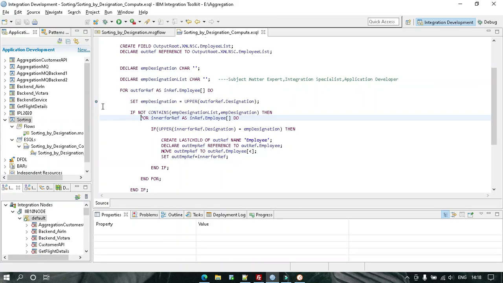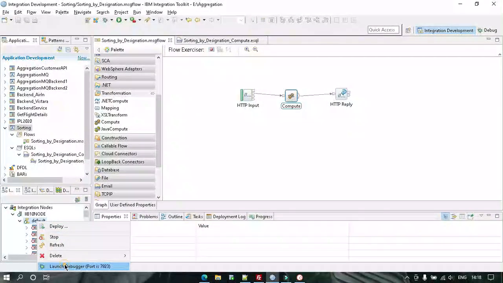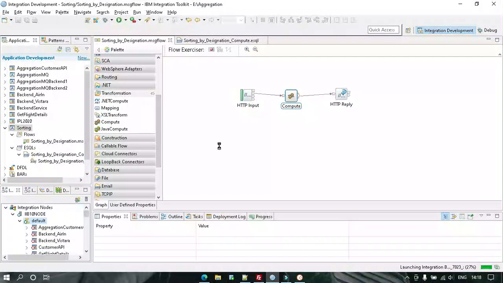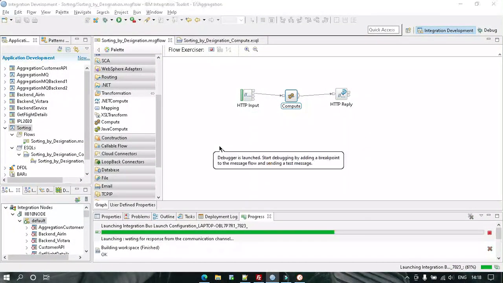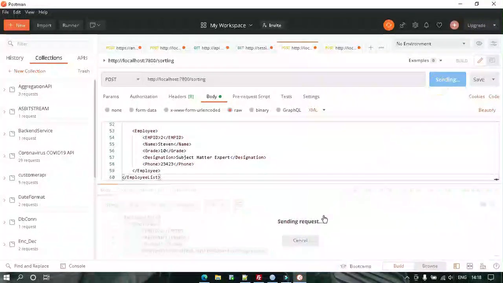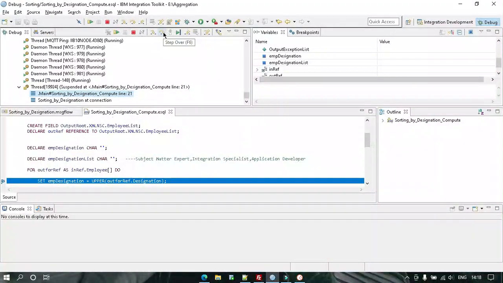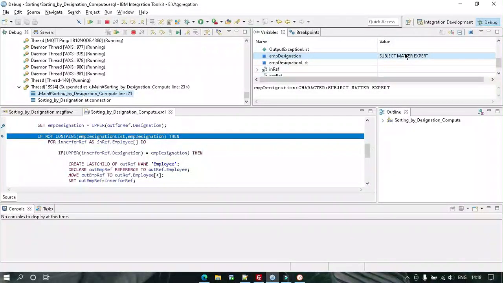Let me show you one thing. See, this is employee designation. Okay, let me debug. See, the value of EMP designation is subject matter expert.